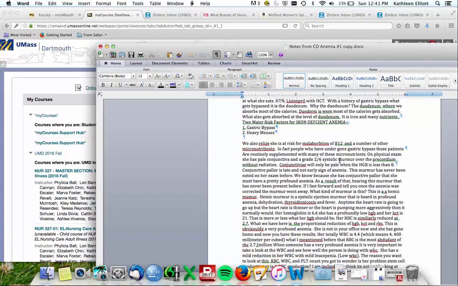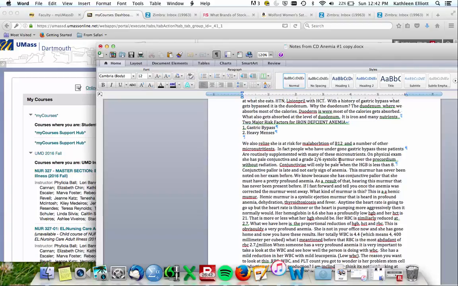We also realize that she is at risk for malabsorption of B12 and a number of other micronutrients. In fact, people who have undergone gastric bypass are routinely supplemented with many of these micronutrients. On physical exam, she has pallid conjunctiva, and she has a grade 2 out of 6 systolic murmur over the